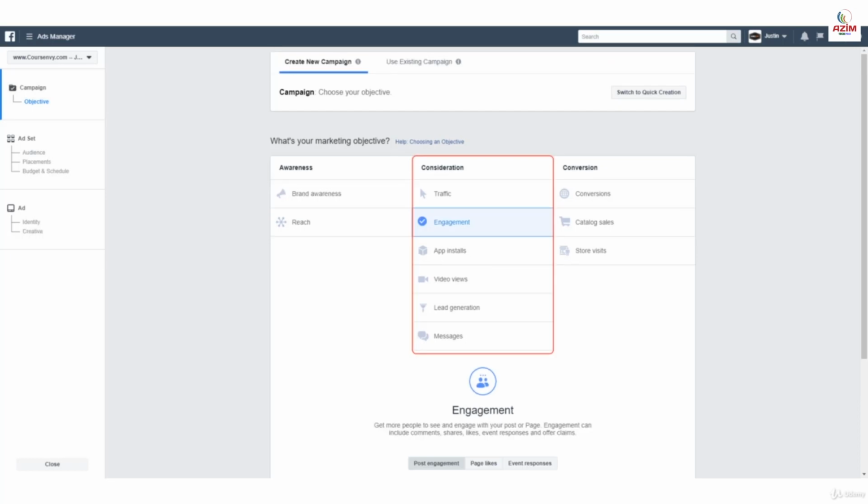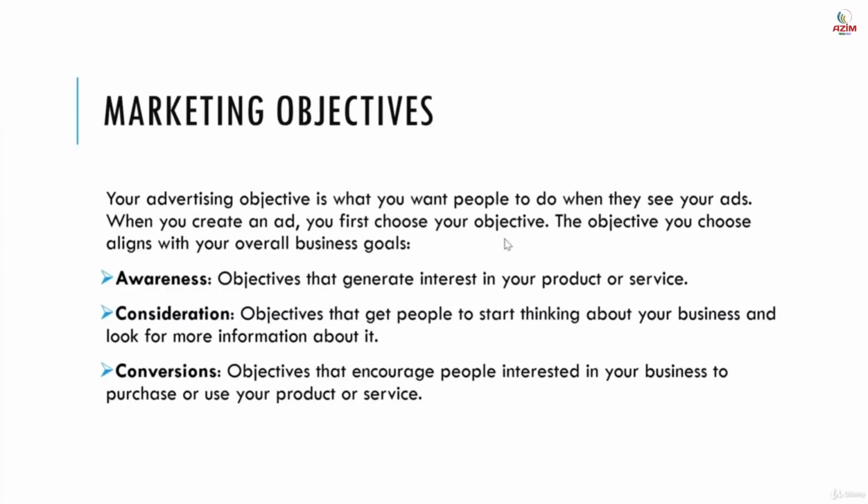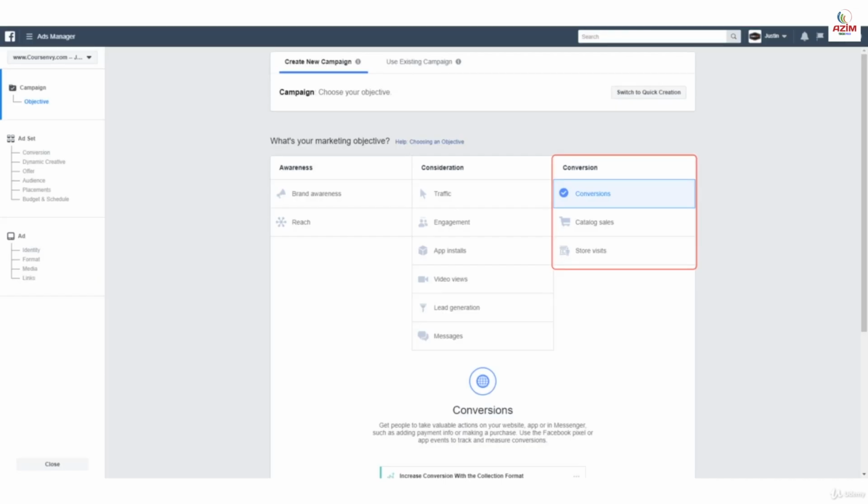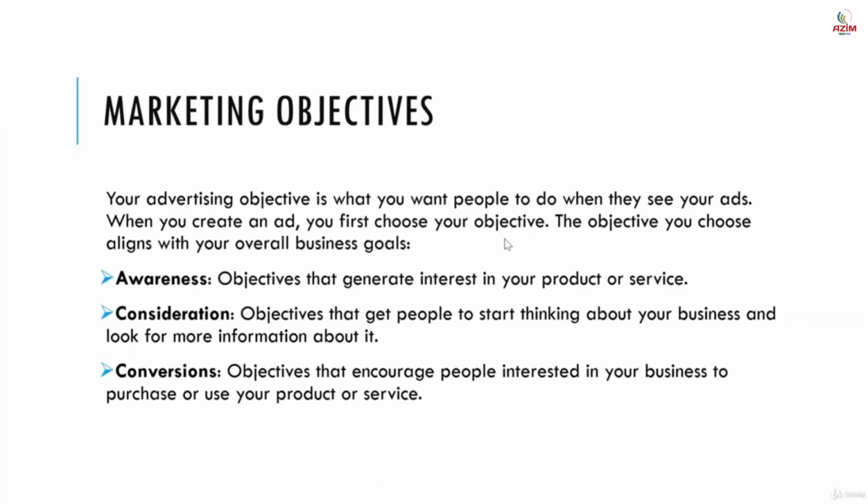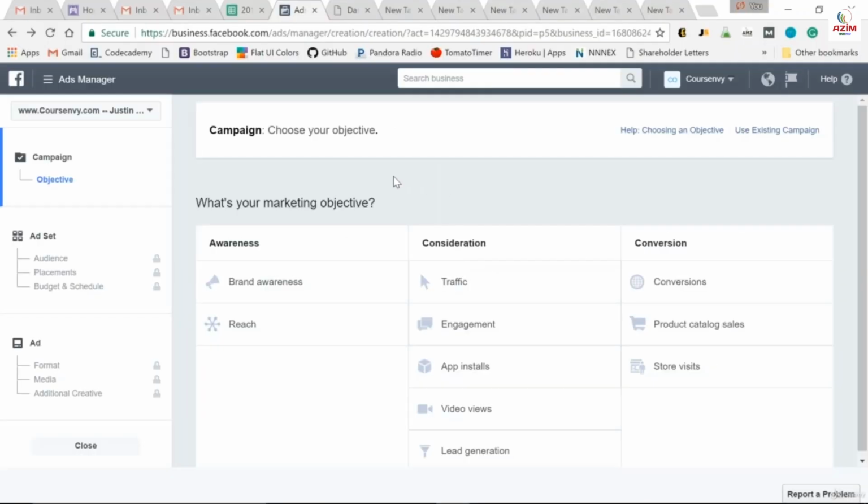The middle column and selection is consideration. These objectives get people to start thinking about your business, getting to your website, signing up for newsletters. And the final objective category on the right will be conversions. These objectives encourage people who are interested in your business to make that purchase, to sign up for your service. So as you can see, once you click that Create Ad button, here you'll be selecting your marketing objective under the campaign step. So awareness, consideration,